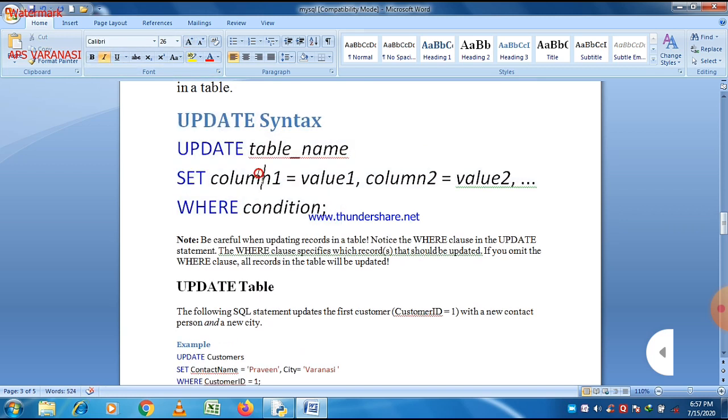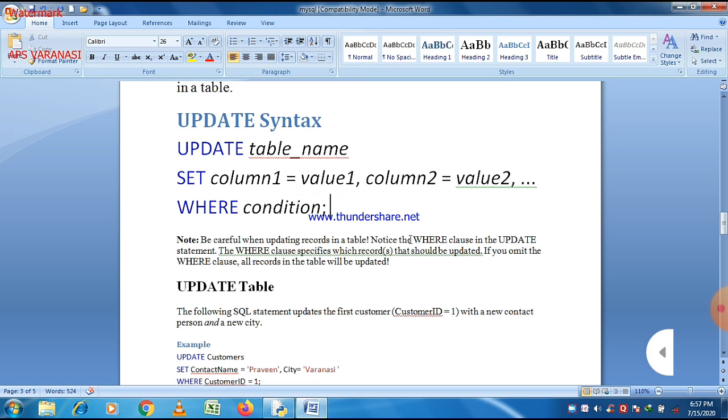And after that, if you want to apply a certain condition, or you want to filter, or you want to update the data according to a certain condition, you can use the where condition. Always remember that where is used with the delete statement, with the select statement, and with the update statement. We already discussed the where clause with the select statement, and here the where clause is used with the update statement.